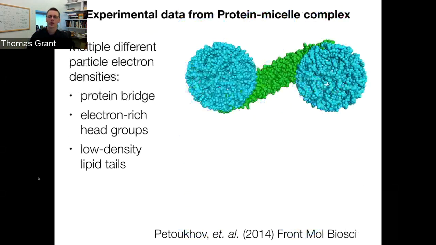So those were all cases with the proteins where in most cases you can actually assume a uniform electron density. It does a pretty good job. That's why things like bead modeling have become so popular with SAXS, because they are generally a true assumption at low resolution. In some cases,